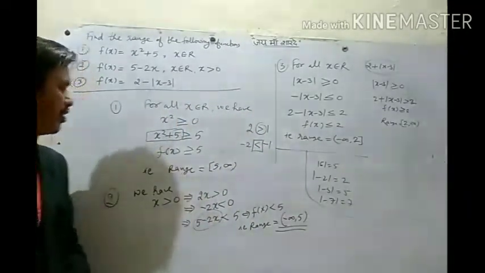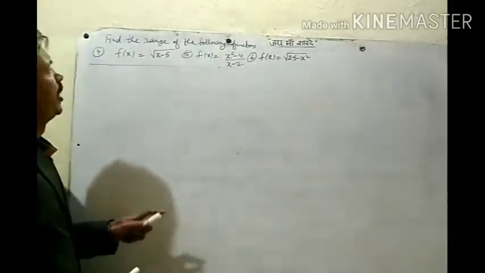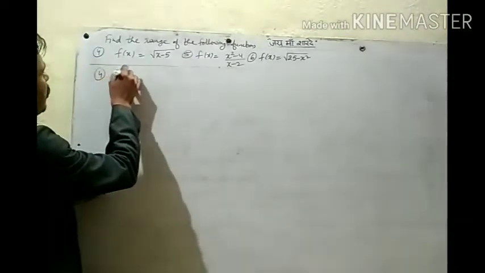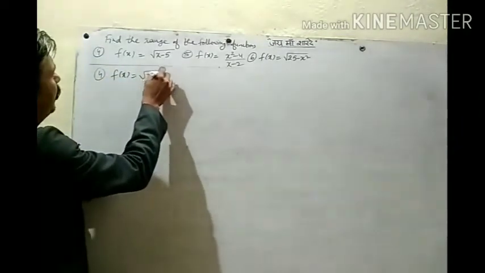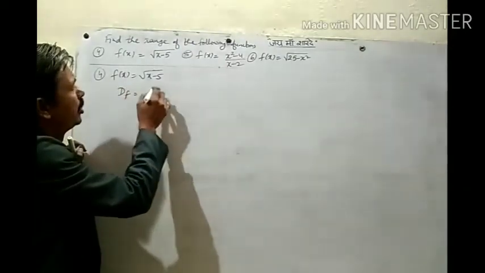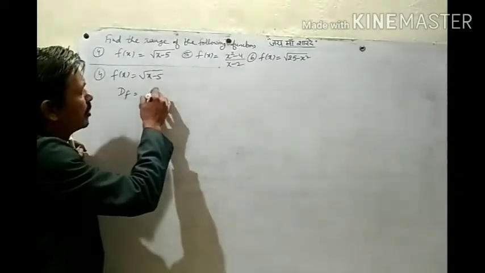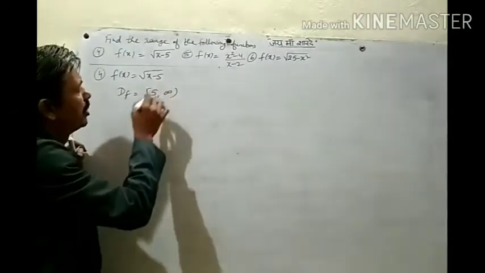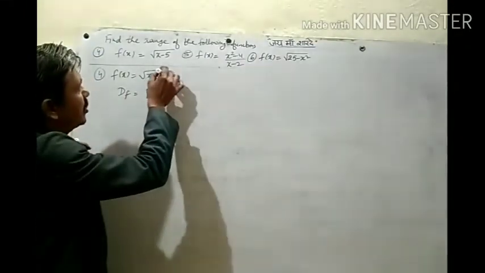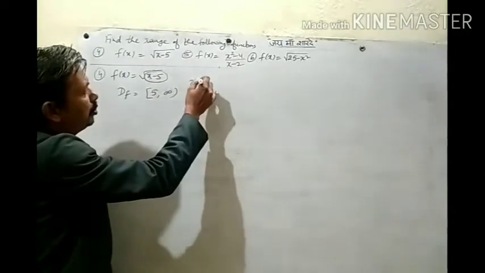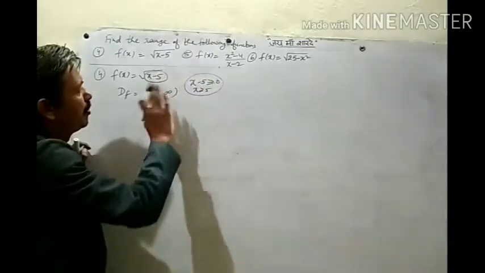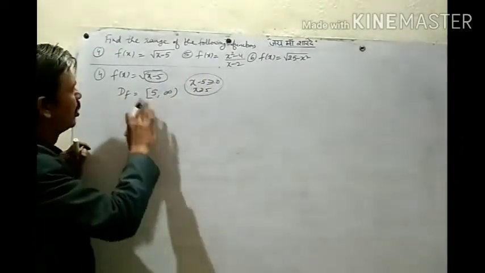First you can see this. Now we'll find the range of these functions. So f of x is root of x minus 5. Its domain will be the set of all x from 5 to infinity. We have seen how to find its domain: x minus 5 should be more than or equal to 0, so x will be more than or equal to 5. So the domain of this function will be 5 to infinity. This we have seen. Now for the range,